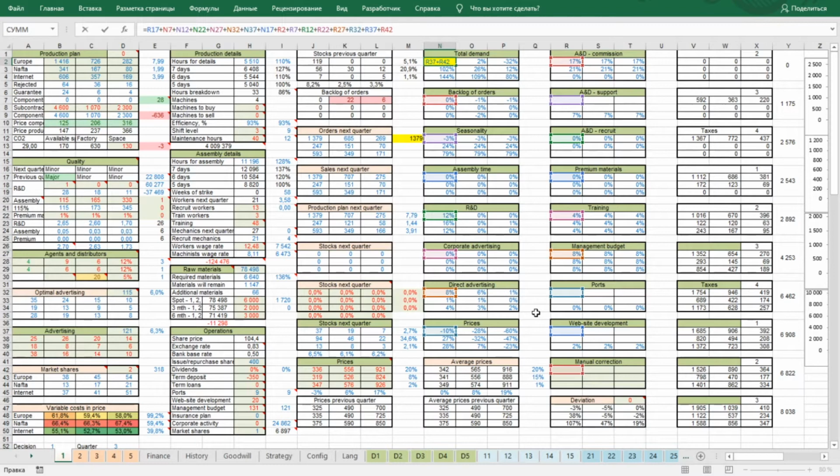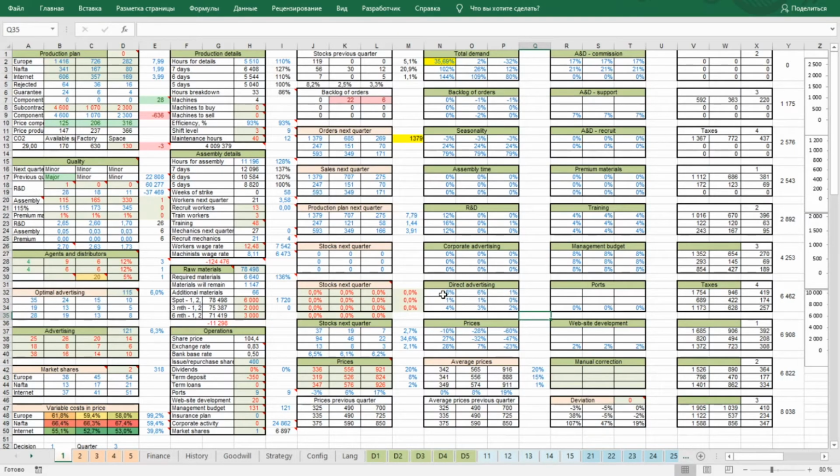Each of the demand factors is used to calculate its individual distribution function of orders, which is configured for a specific scenario. All model settings for a specific scenario are contained on the configuration worksheet.